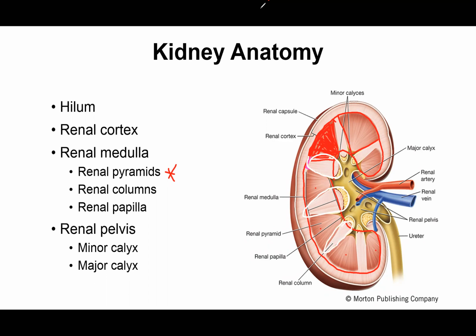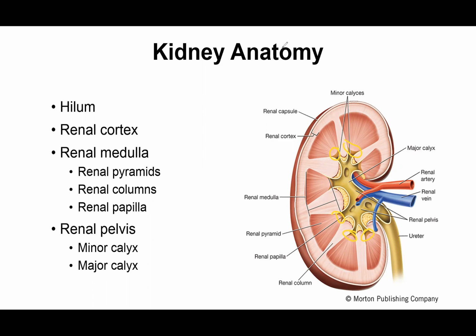Finally, the papilla, and I'm just going to clear these drawings. The renal papilla are basically just the tips of the pyramids, and so you can see they have a different color here. They're in more of this dark brown color on this image. It's a light brown color. But essentially,